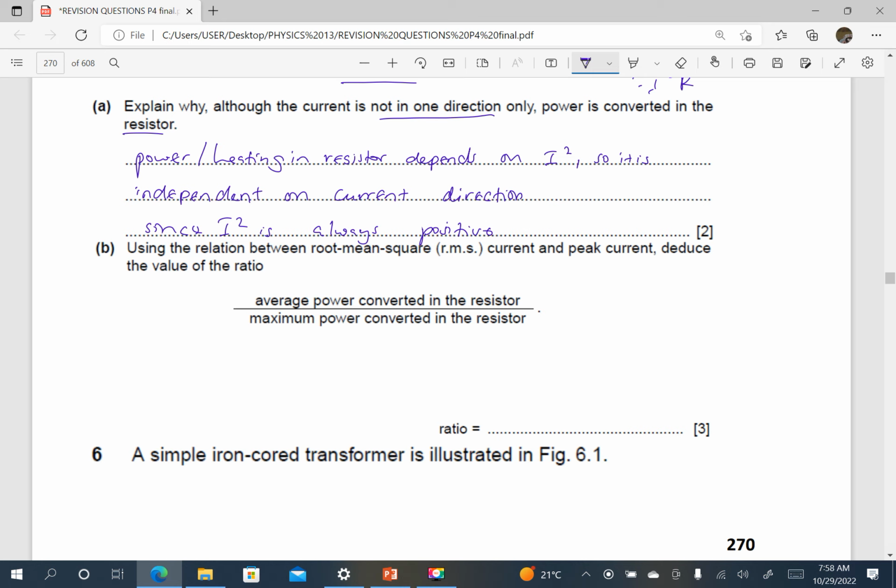Use the relation between root mean square current and peak current to deduce the value of the ratio of average power converted in the resistor over maximum, not mean, power converted in the resistor. They want us to use the relation between root mean square current and peak current. So we know that